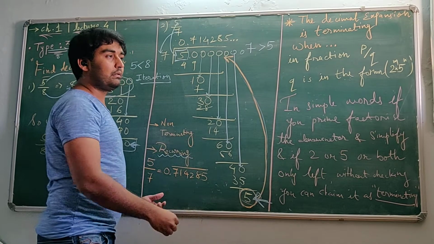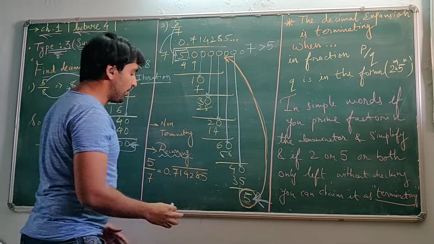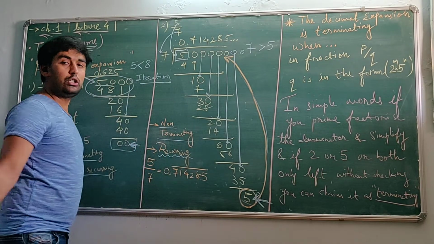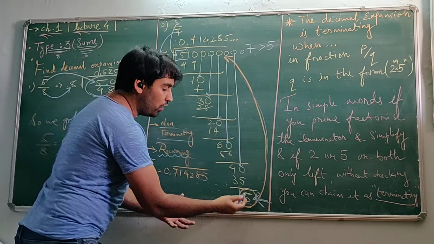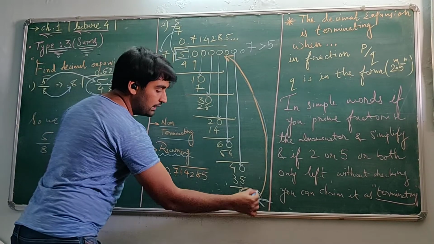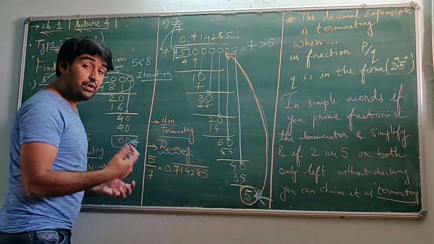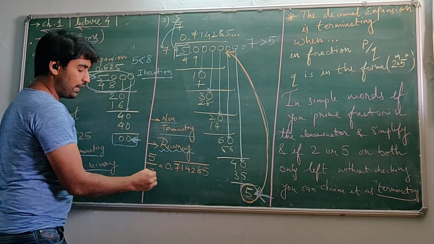So this type of numbers cannot have an end point. That's why they are known as non-terminating, and you will always find that when the number is getting repeated, they are recurring numbers. Now how should we write that number? So 5 by 7 is equal to